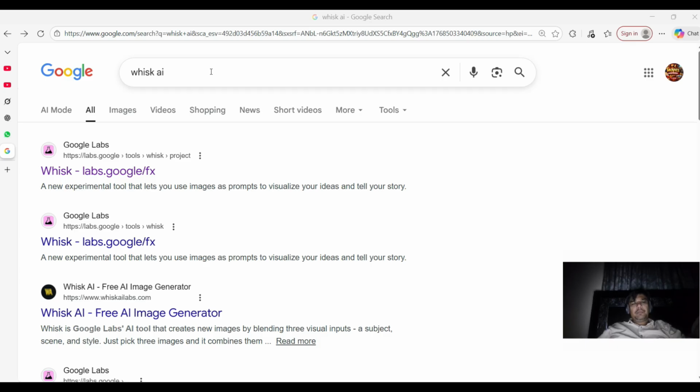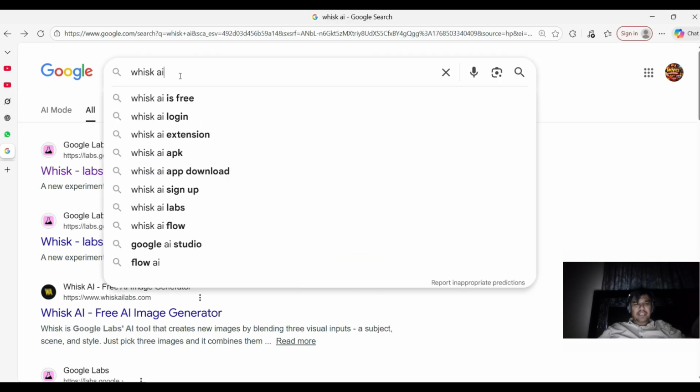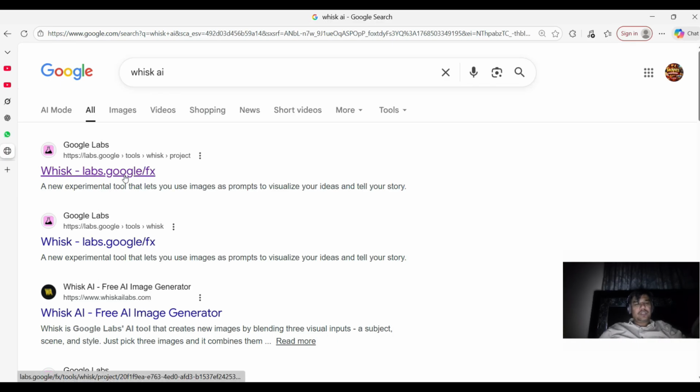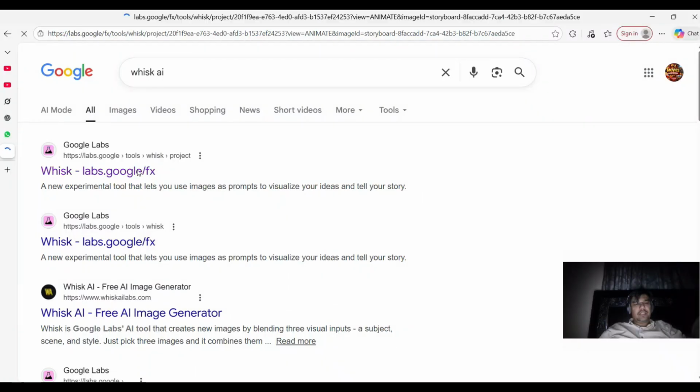Now we will go to Google and write Whisk AI. Once you press enter, the first result is Whisk, and you click on it.